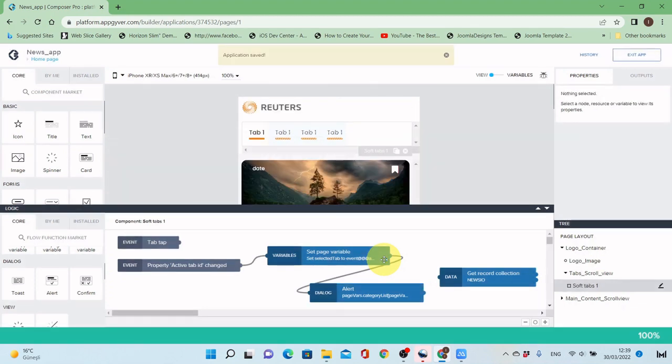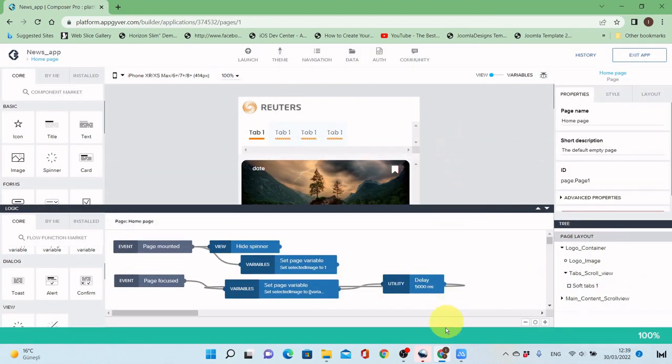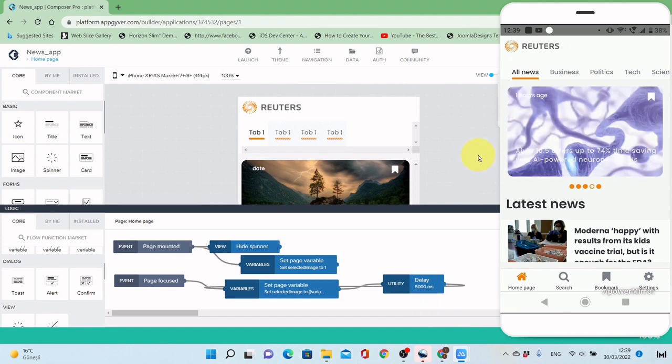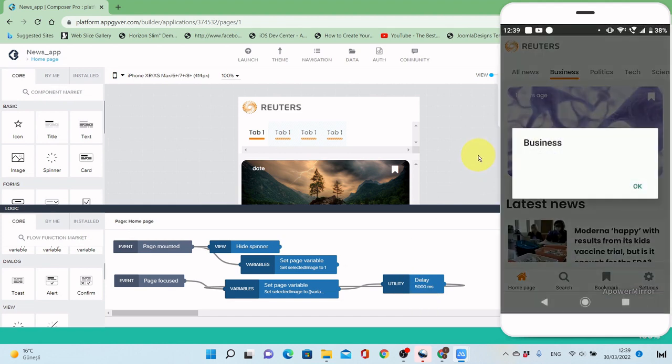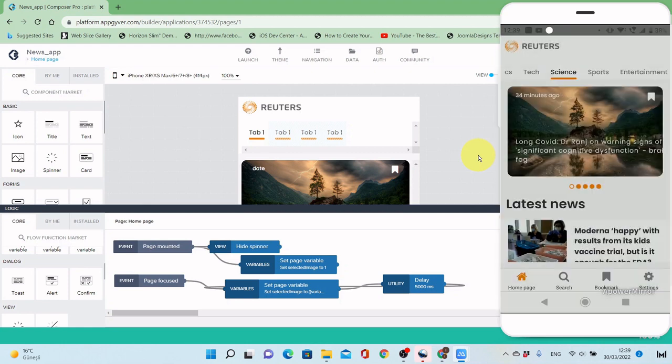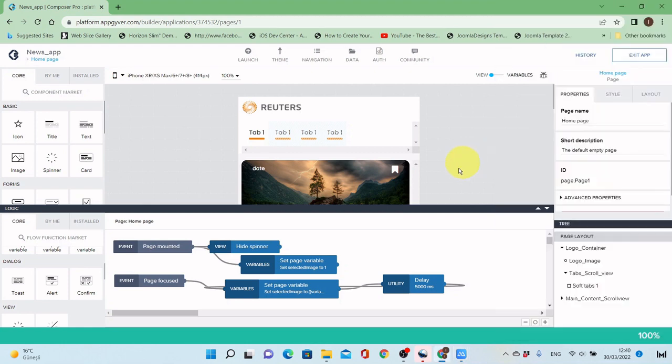So I'll test this, and pressing business, yes, it's giving me the title of the category, science. Okay, so let's go back,